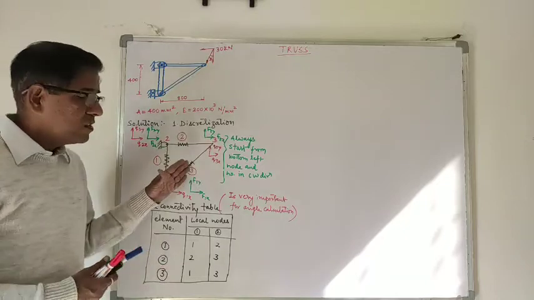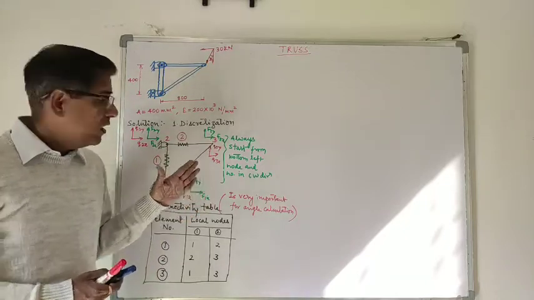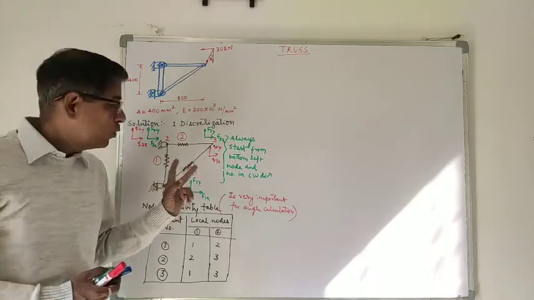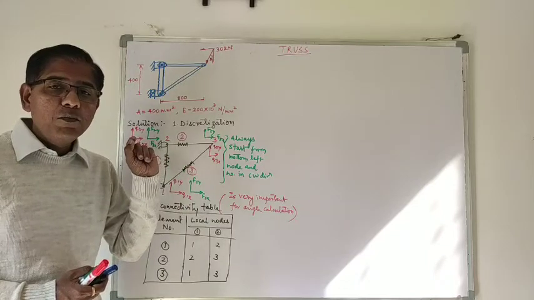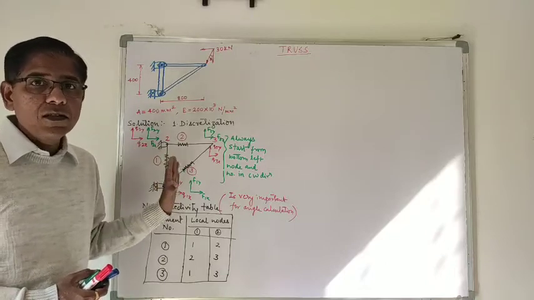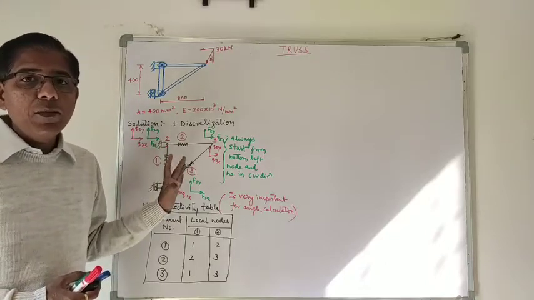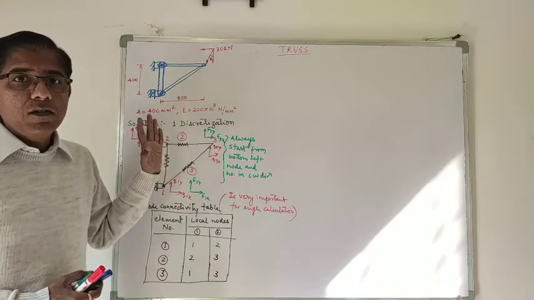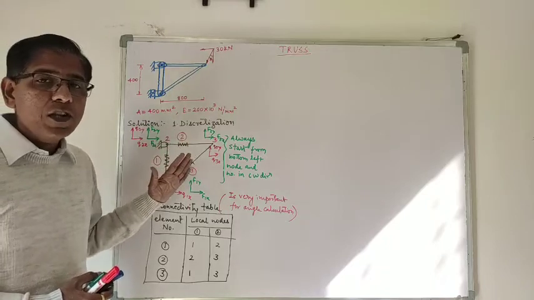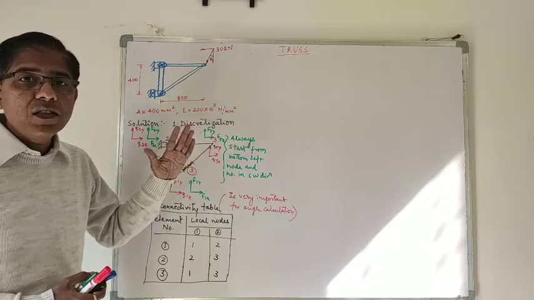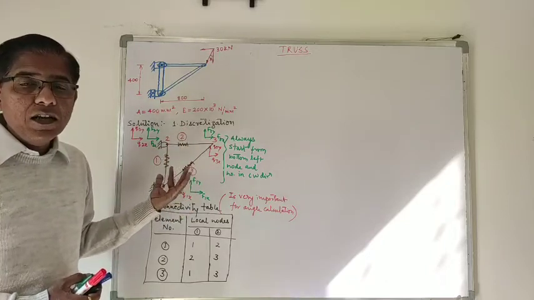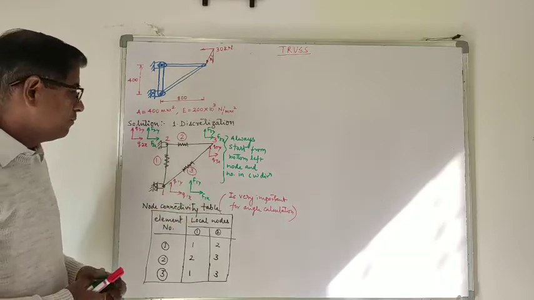Now we know that a truss is a 2D element in the global coordinate system. That is why we are considering two displacements and two forces in mutually perpendicular directions at each node. So that makes the truss member a 2D element in the global coordinate system. A truss member is a 1D element in the local coordinate system, where we consider the displacement and force only in one direction, that is along the length of the member. But in the global coordinate system, we consider it in two mutually perpendicular directions.